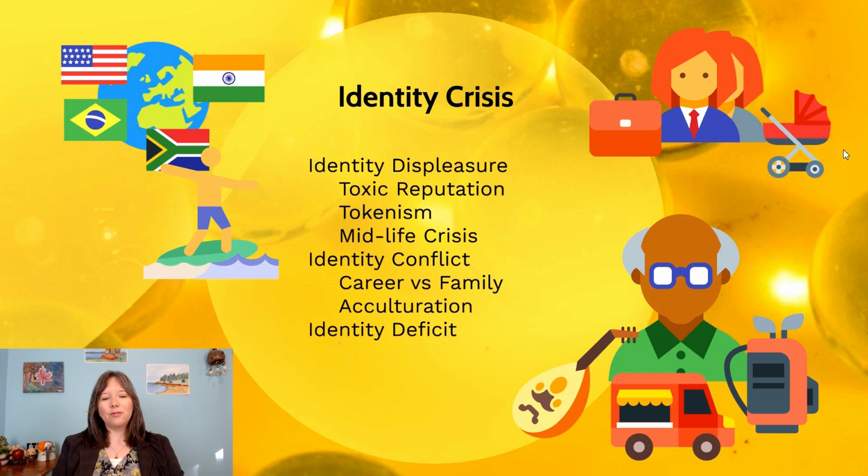And another type of identity crisis is when we don't have much of an identity. We're experiencing identity deficit. And this might be related to social reputation or related to self-concept we were previously talking about. This might be when there's a lack of stuff happening in your self-concept. It kind of feels empty and you don't know what to make of it. So it could be that people don't know you, and you don't have much of a reputation, or it could be you don't even know yourself. Either way, you don't know what to put in your bubble. If when I was talking about the bubble, you were confused what you would put there, you may be experiencing identity deficit.